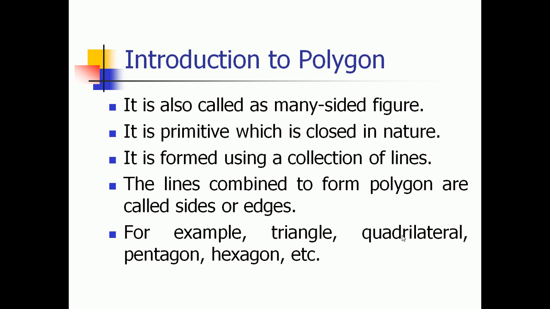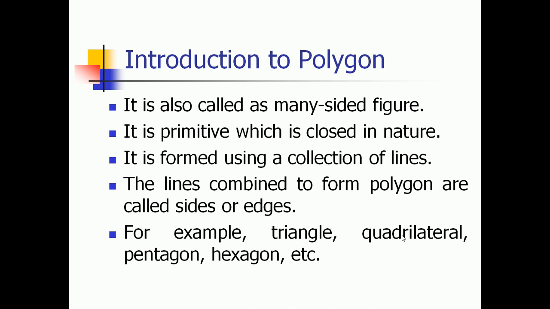So a polygon is nothing but a two-dimensional shape which is formed using 3 or more lines. A closed figure formed with 3 straight lines is termed as a triangle. So triangle is the basic polygon having 3 sides, whereas a shape which can be formed using 4 straight lines is known as quadrilateral. It is formed with only straight lines, and if any curved line is used to form a closed figure, then it cannot be termed as a polygon.